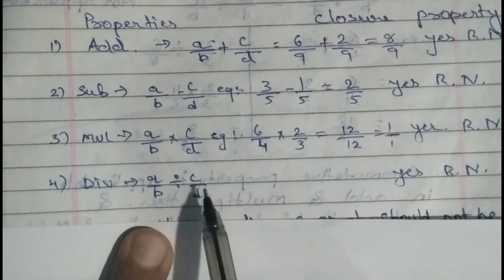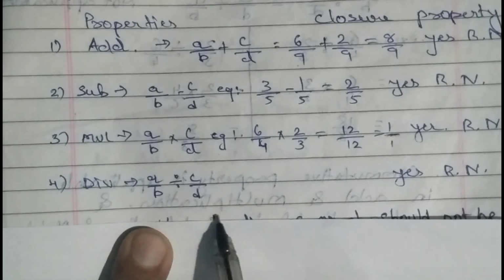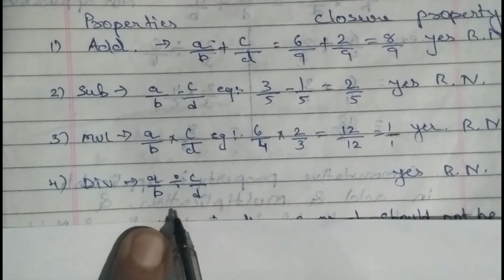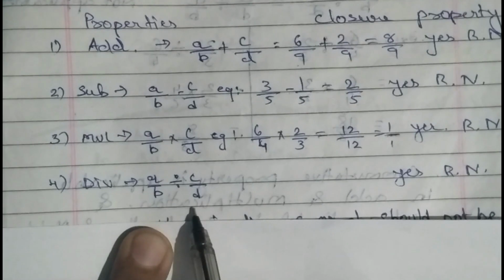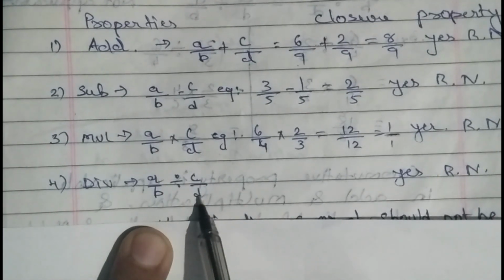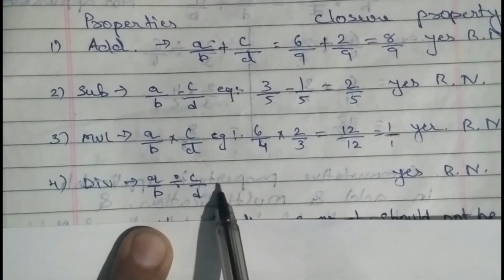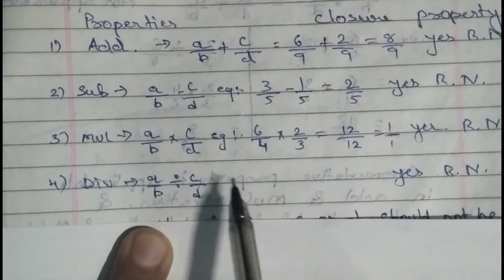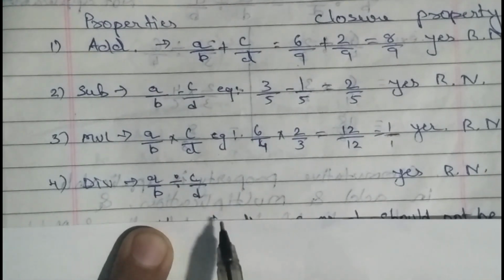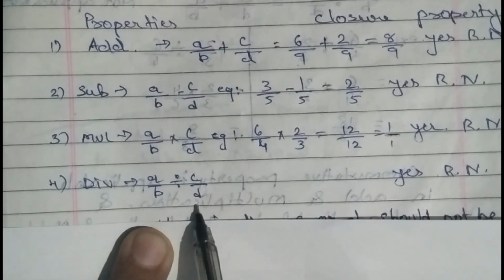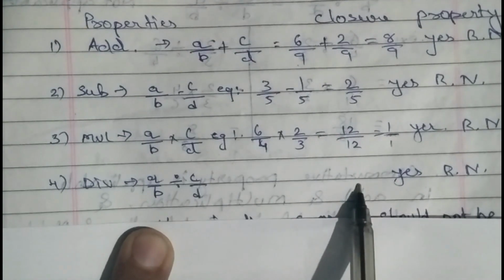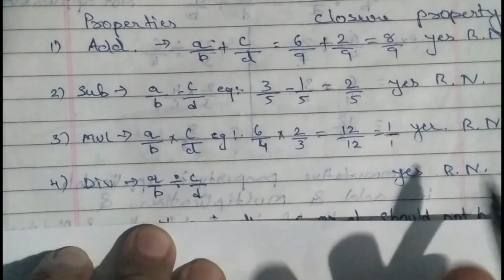If A upon B and C upon D are two rational numbers such that C upon D is not equal to 0, then and only then A upon B divided by C upon D is always a rational number. If I take an example,